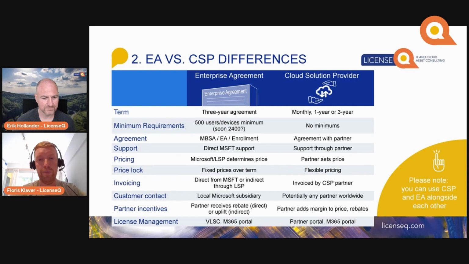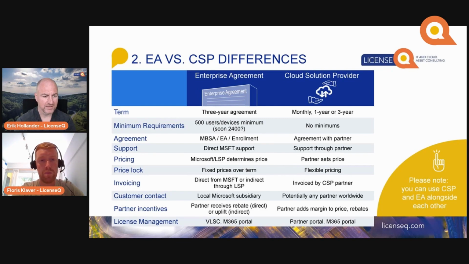And do you think that more companies will now switch to the CSP program as you have longer term commitments there? Most definitely, because we've seen that Microsoft is changing the negotiation strategy for clients that are already deployed in the cloud. Microsoft is becoming more and more dominant, and even, I would say, monopolistic in their approach in the negotiation. So 9 out of 10 times, if you haven't done your homework in an EA renewal negotiation, they will probably say, well, we don't give you any discount at all. There are no commercial possibilities. Thank you for your business, but